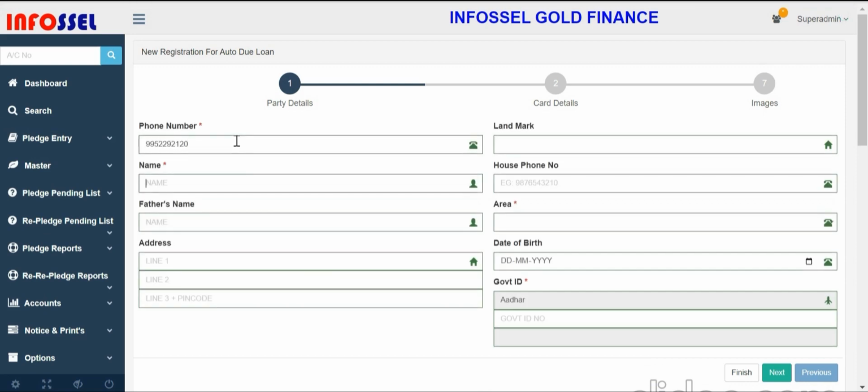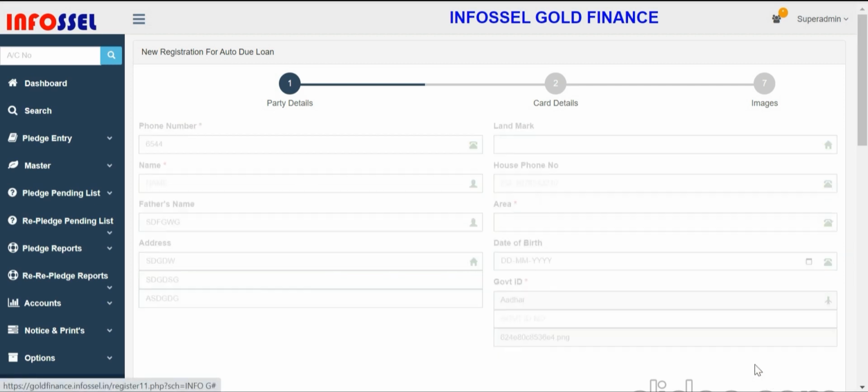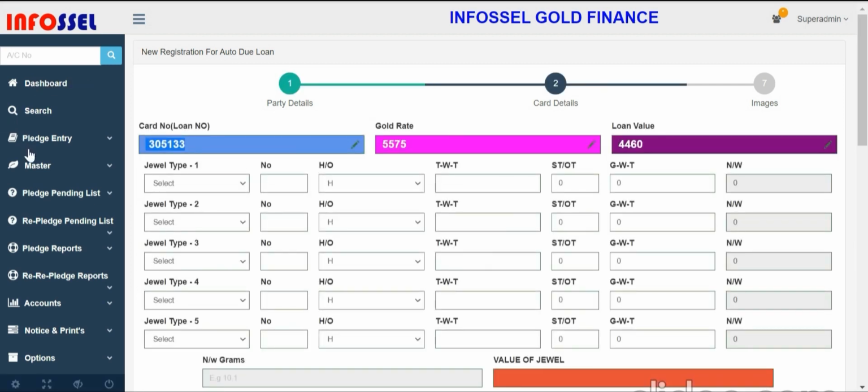If the mobile number already exists, the data will be autofilled. If it does not exist, you can fill in the data and do all the things again. If the customer comes again, the data will be automatically refilled. Okay. So click next. Here the customer jewel loan number, the gold rate today is 5575 and the loan value you